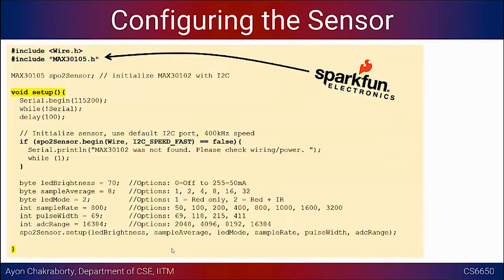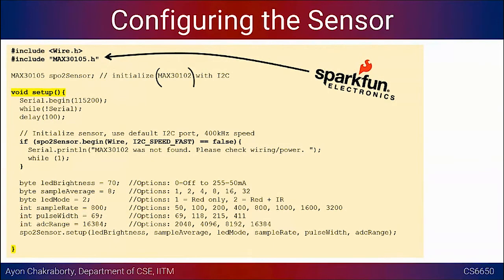Okay, so quickly I'll go over a little bit of the code. You can anyway implement and see it working if you happen to have this sensor, but I'll also give you some of the collected data that I have gathered myself. You can do your own analysis. Typically we have to do a configuration of the sensor, and here I have borrowed the library from SparkFun. They have a sensor called the 30105, which is kind of a superset of the functionalities provided by the 30102. They have some additional sensors called particle sensor, but we are just interested in this library for dealing with this part.